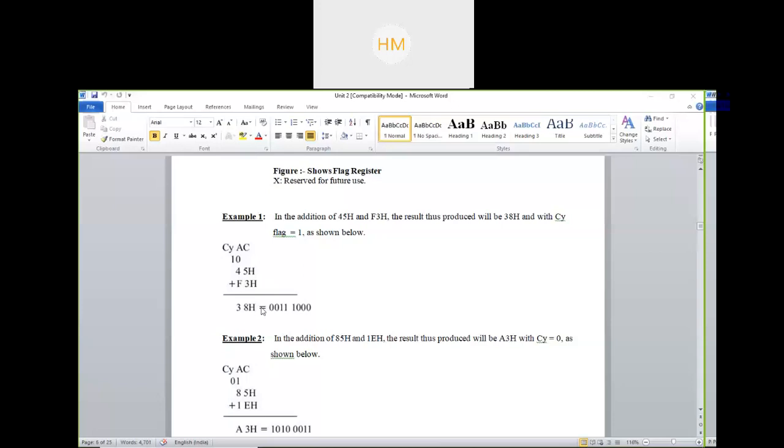4 क्या होता है 0 1 0 0, f क्या होता है 1 1 1, 4 प्लस f मैं ऐड करूंगी और पहले 5 की वैल्यू क्या होती है, what is the value of 5, write in the chat box, write the value of 3.